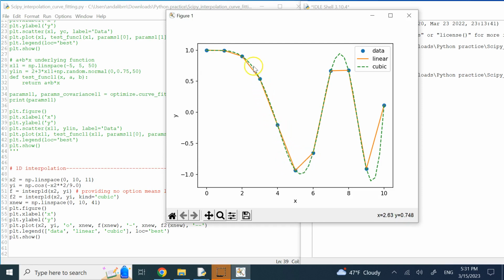Linear is good typically when the experimental points are very close to each other and I have a bunch of samples. Otherwise, other functions might give you a little bit better estimates in general, but if we don't have the underlying function, we don't really know which one is better than the other. You have to have the actual function, which in most cases you don't. So you either do linear or cubic or any other kind of function that you assume,